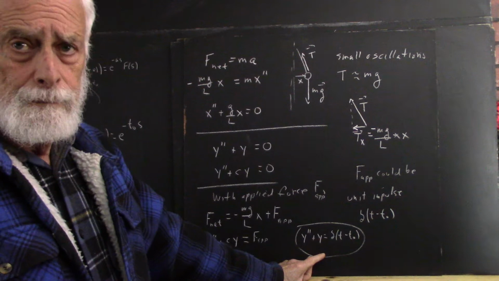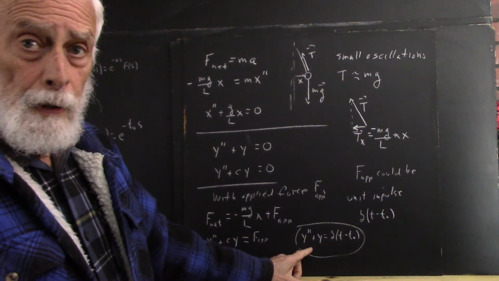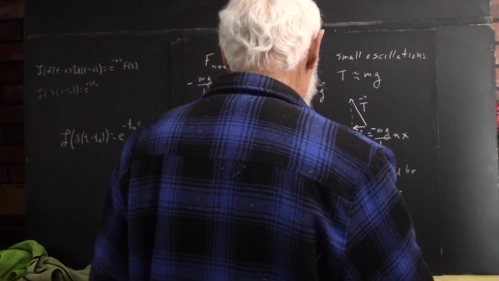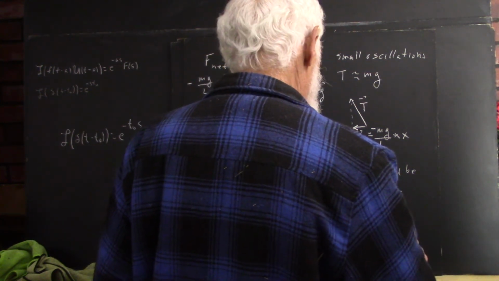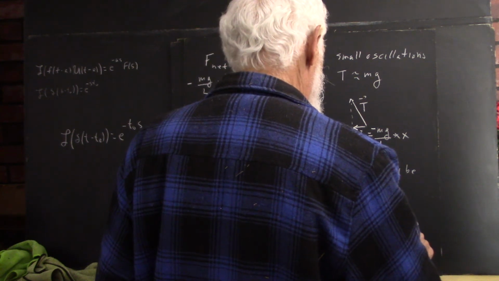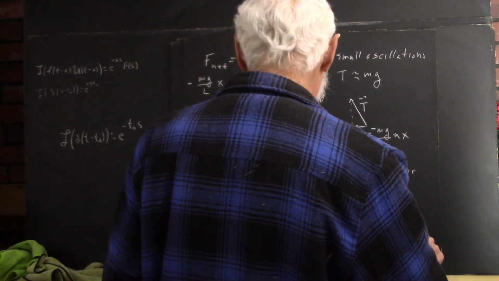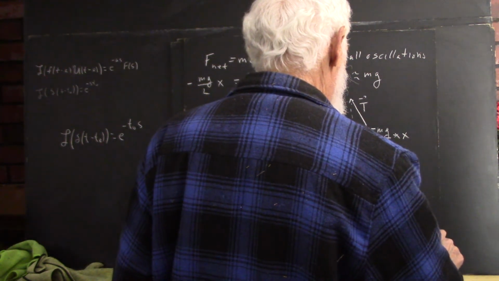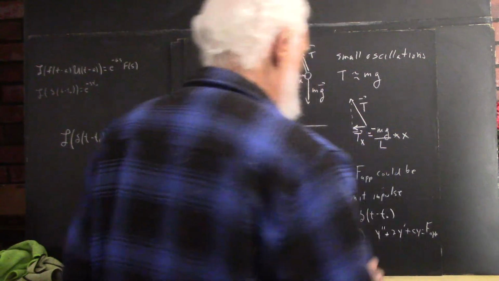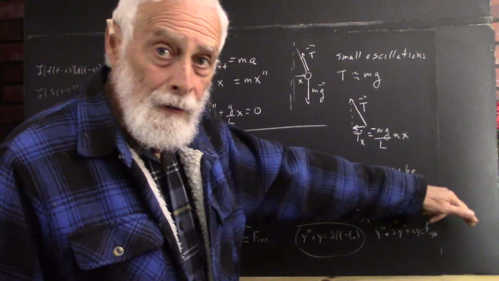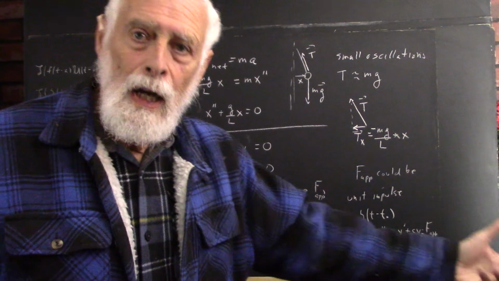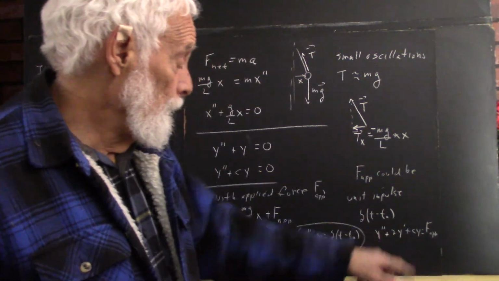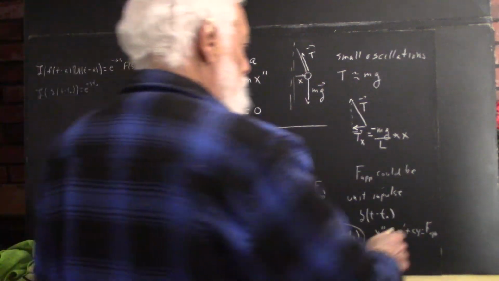We could also have the equation where we have drag, and that would be like y double prime minus, say, gamma y prime plus cy equals F applied, and that actually should be plus. Your drag force will be over on this side, and it'll be opposite your velocity, so it'd be negative on this side. Bring it over to this side as positive. Okay, well, those are just preliminary ideas,